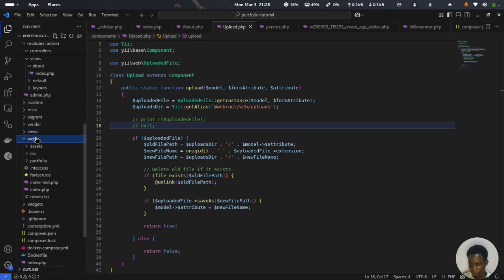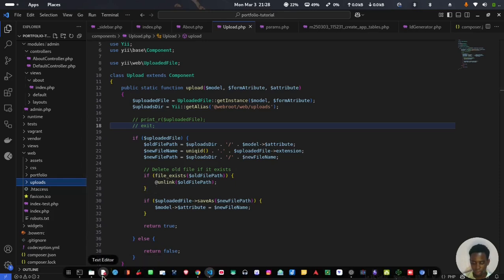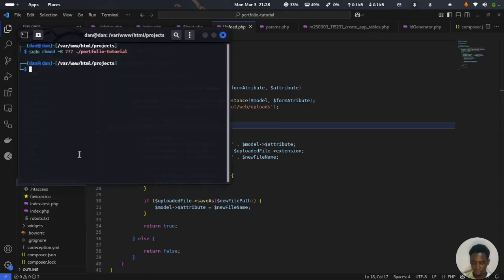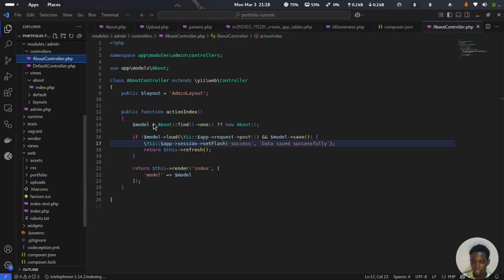So in the web, I need to create a new directory named uploads. Everything will just be uploaded inside the uploads folder. I just need to provide the permissions again to make sure that it is writable. After that, we need to now work on the controller action for the creation of the file, on the